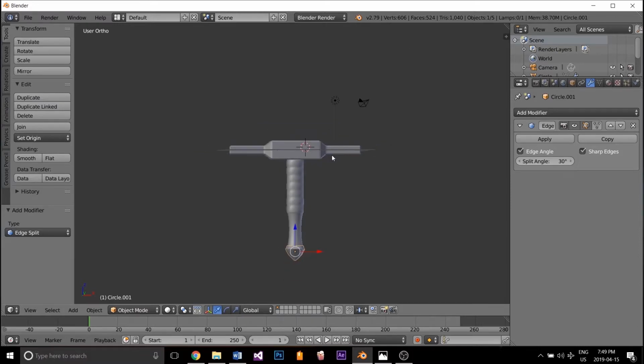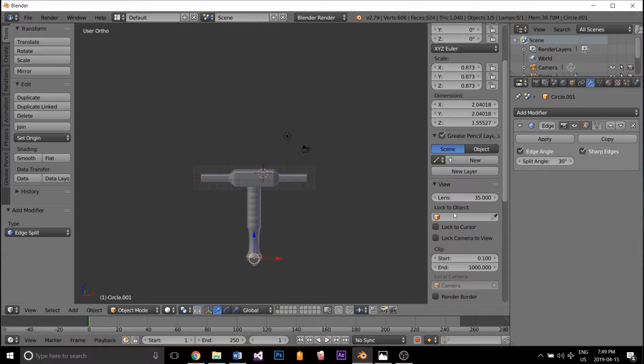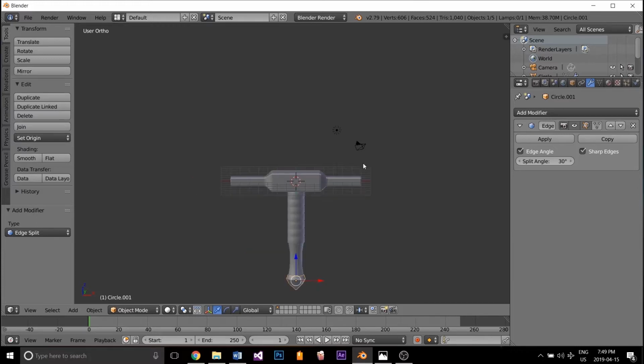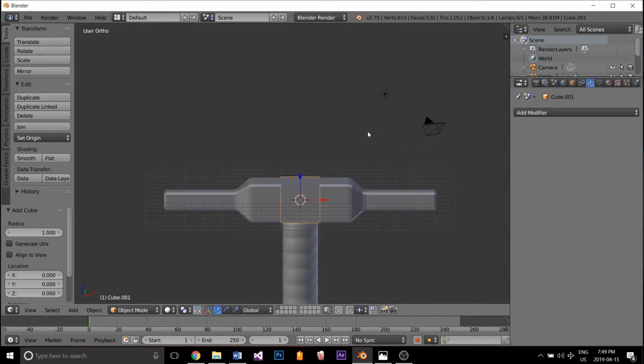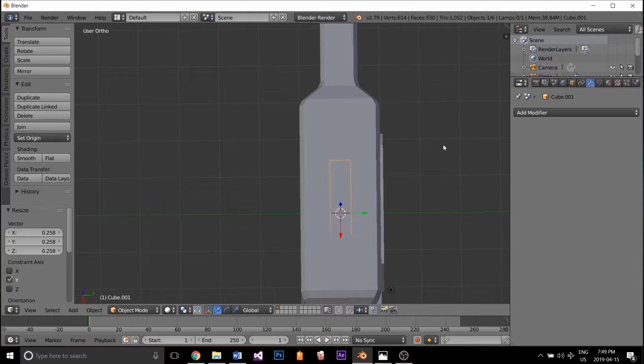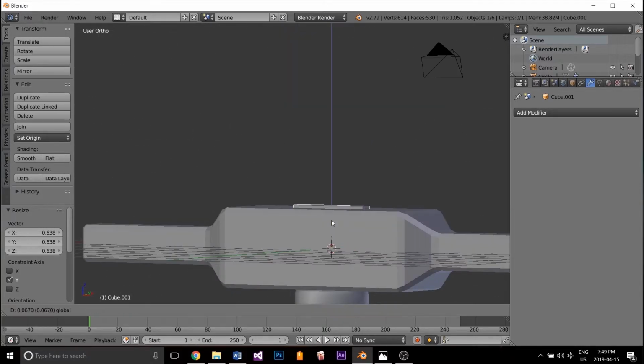Now we're going to move into the blade, and to do that, I'm going to reset my 3D cursor. So I want to go N. I'm going to scroll all the way down to my 3D cursor. I'm going to hit 0, 0, 0. Now I don't need that anymore, so N. And I'm going to Shift A, add cube. From here, I'm going to size on the X. Size on the Y. Down till I feel like it is a nice blade length. And I'm going to kind of move it up,